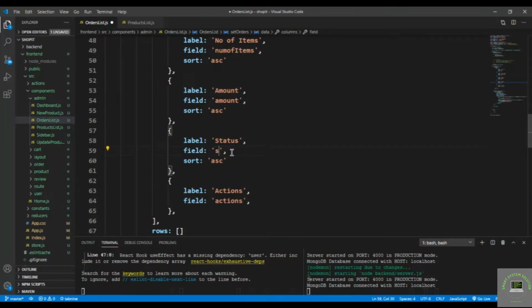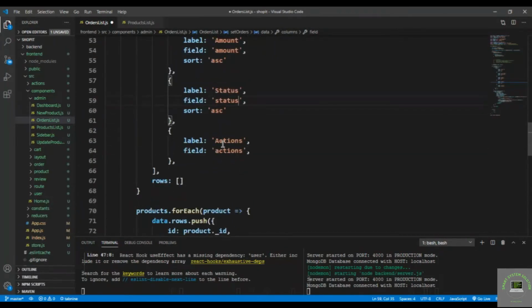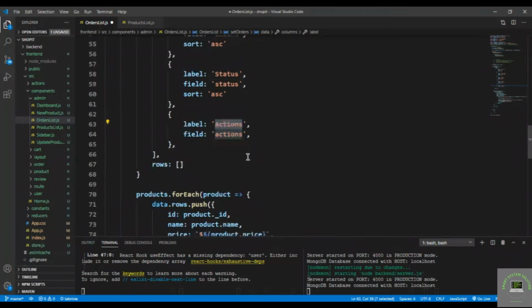Okay, status, and then let's actually put in here the actions,